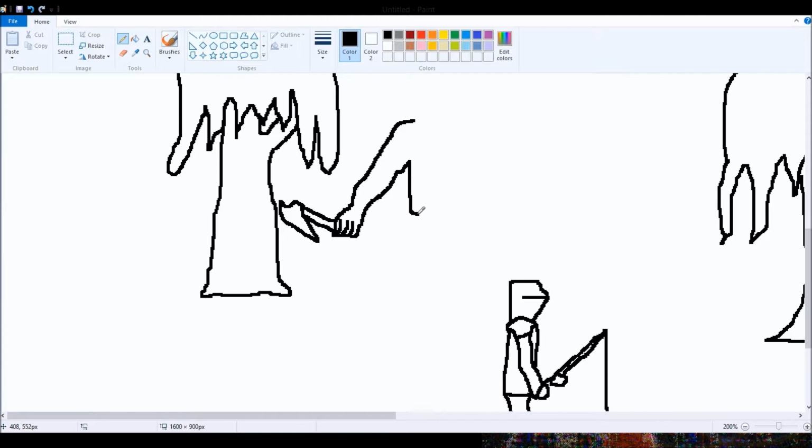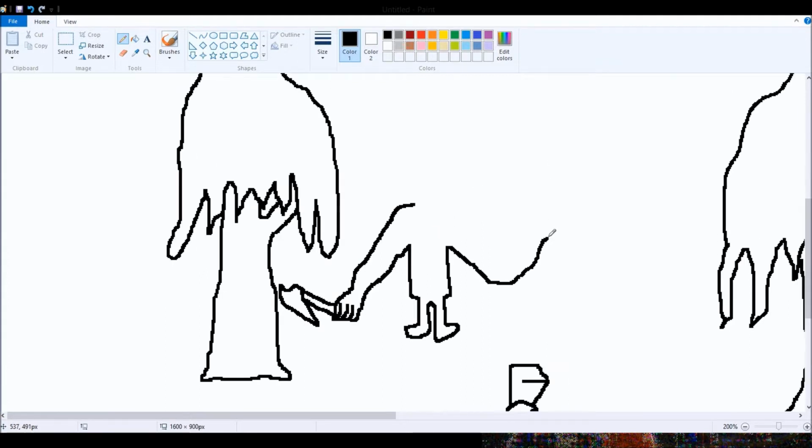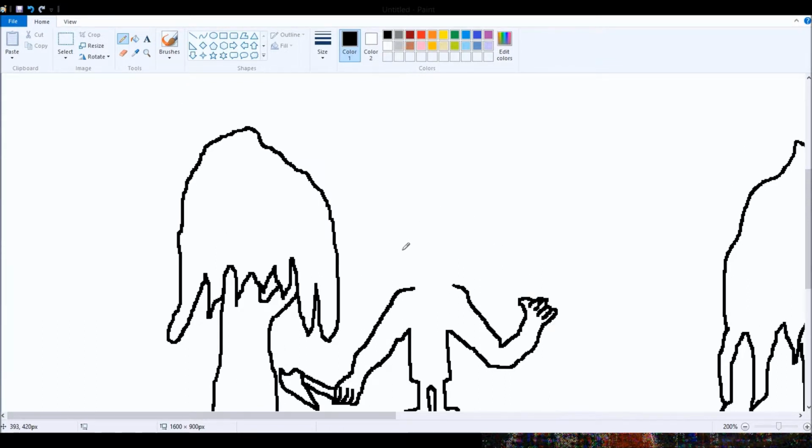I'm gonna round him out there and give him tiny legs. Yeah, so it's this big guy. He's got big arms. Big arms, and he's got tiny legs, and